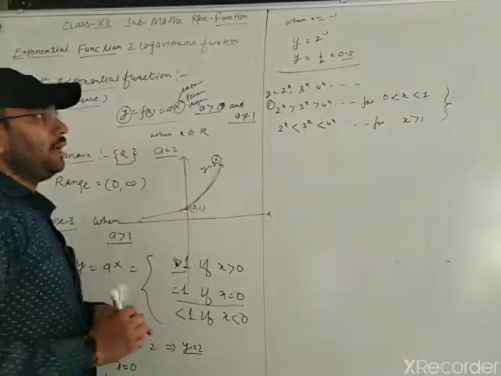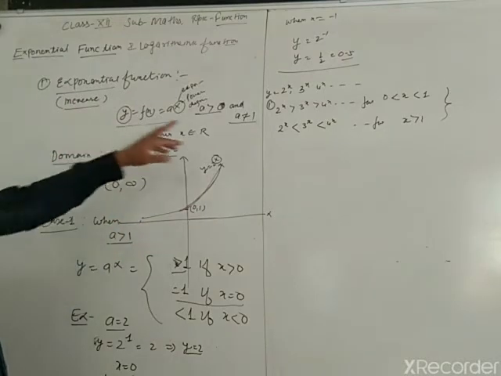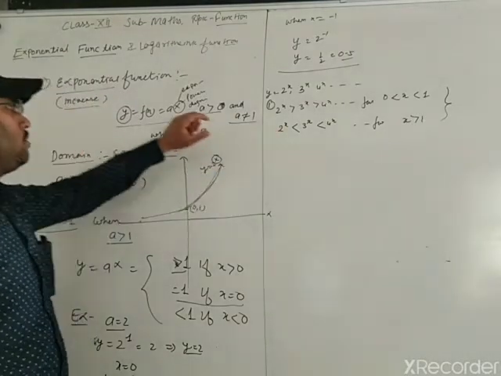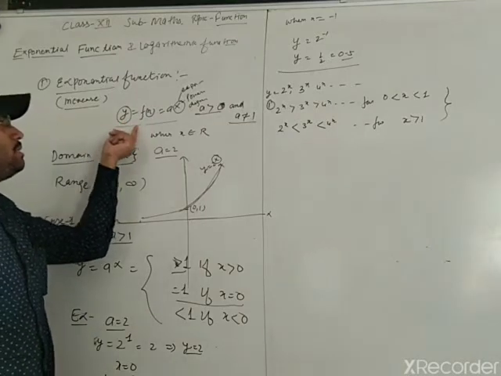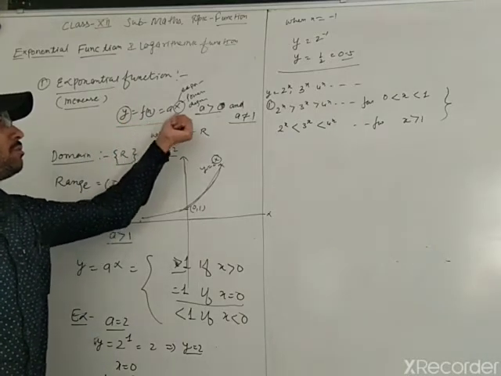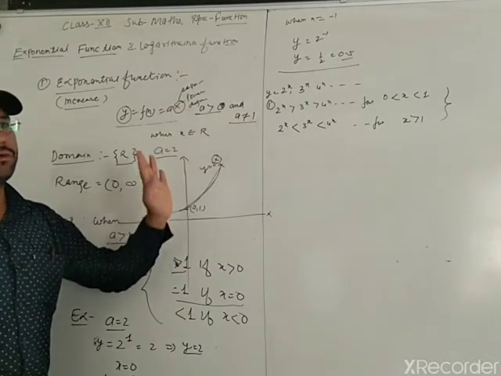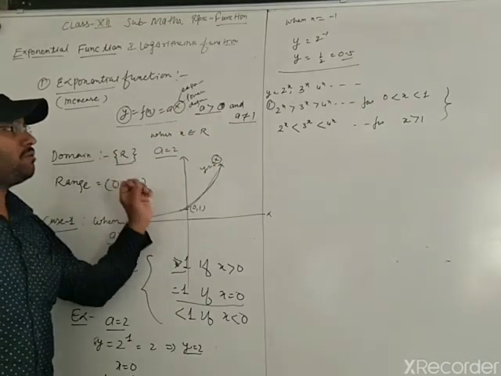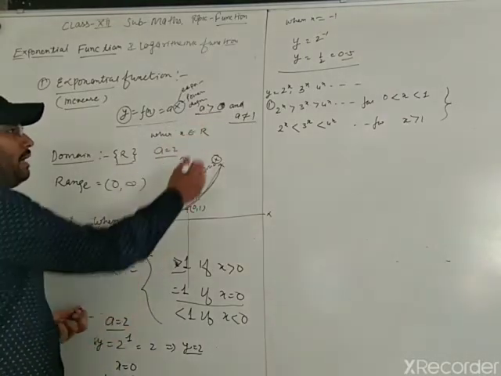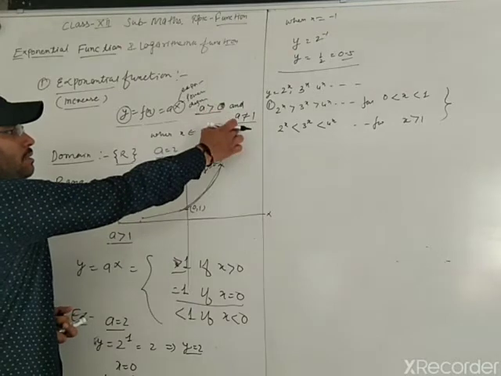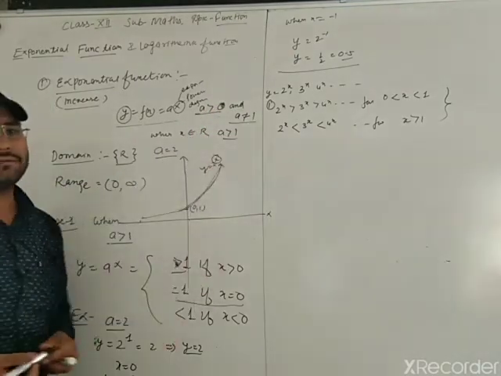Clear? Again, I am explaining this, and this also I will explain later on. We have an exponential function y = f(x) = a^x, where a is greater than 0 but not equal to 1. So it means we have a fixed value, but we will not take the value of a less than 1; we can say directly it is greater than or equal to 1.